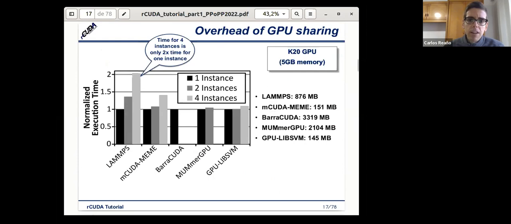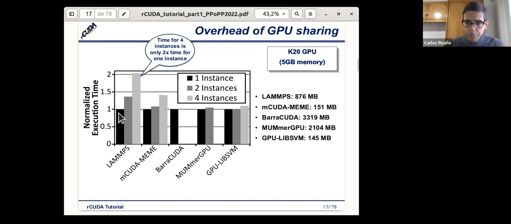We have run an application called LAMPS, an application called CUDA-Mimi, another application called Barracuda, etc. So we have 5 applications, and what we have done is we have run this application only once, and we have measured the time, and then we have normalized this time, which is what you can see in the black bar.